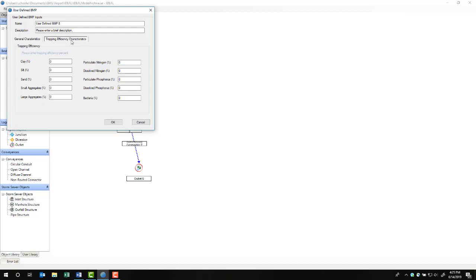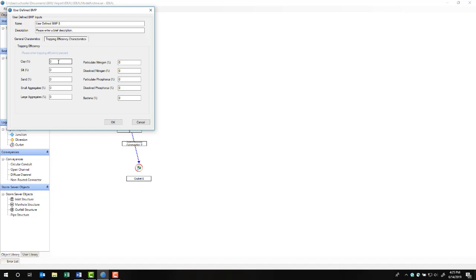Instead of Ideal calculating the trapping efficiency based on the physical, chemical, and biological processes occurring in a BMP, Ideal will use the treatment efficiency selected by the user. However, there is some process-based method involved. Not only does the user have to enter separate treatment efficiencies for each particle class and constituent, but keep in mind that the maximum flow rate before bypassing and the volume of each constituent that can be stored will affect